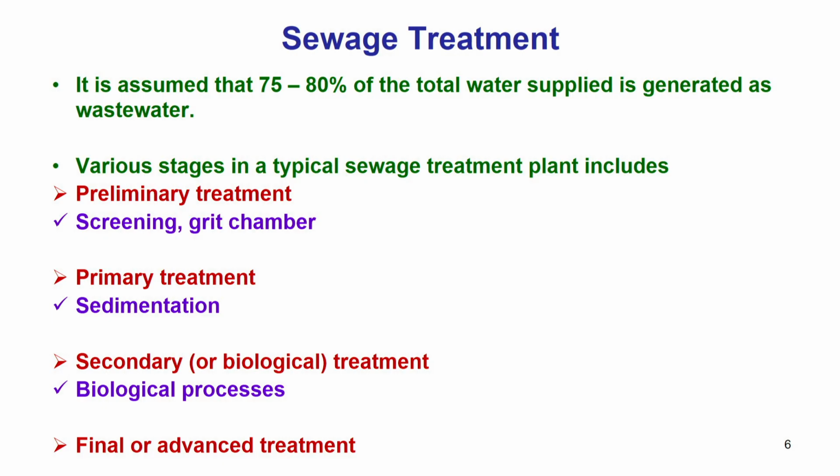Now there are various stages in a typical sewage treatment plant, which include preliminary treatment. The units of the preliminary treatment are screening, where the large particles are removed by screens. Screens may be coarse screens, medium size screens, or fine screens depending upon the pore opening. Second one is the grit chamber. So grit chambers are